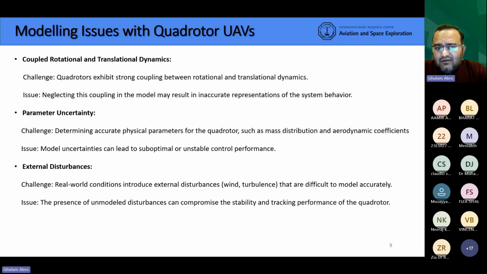Same goes with parameter uncertainty. There are some external disturbances and unmodeled dynamic factors. For example, you have modeled your drone for a certain payload, but in the sky or during operations your payload changes, or maybe you categorized the wind disturbances for certain limits, but now the environment is more windy than your expectations. So in certain scenarios, I believe digital twin plays a very vital role. Why? Because it enables you to see things before you apply them. And same goes for